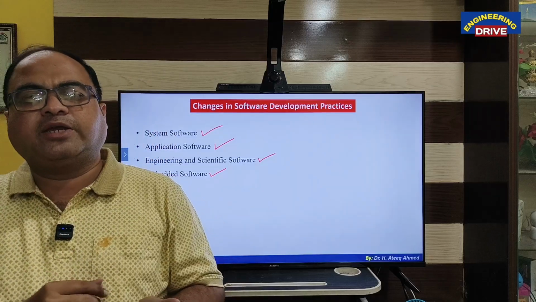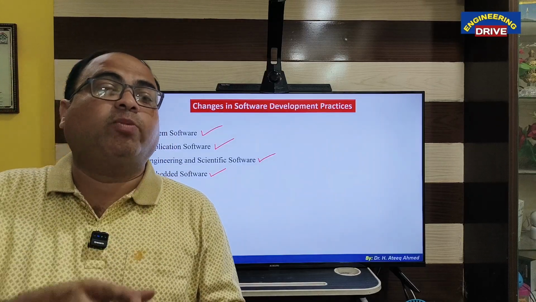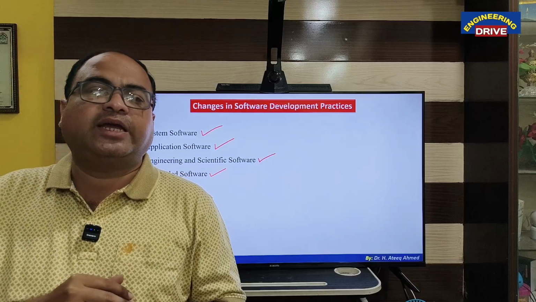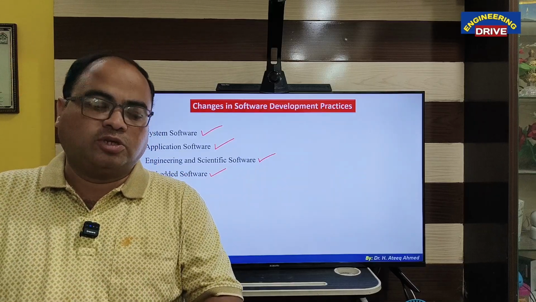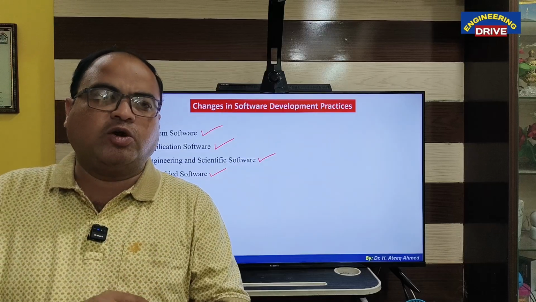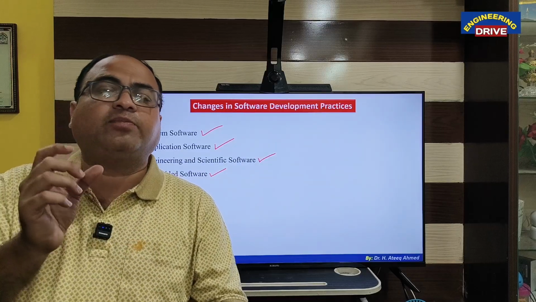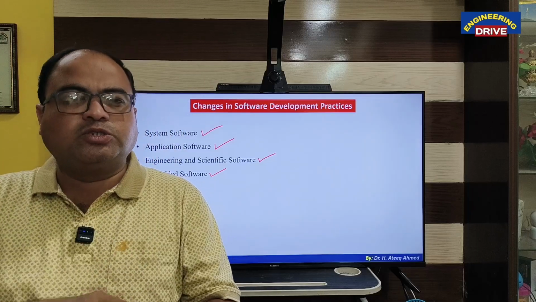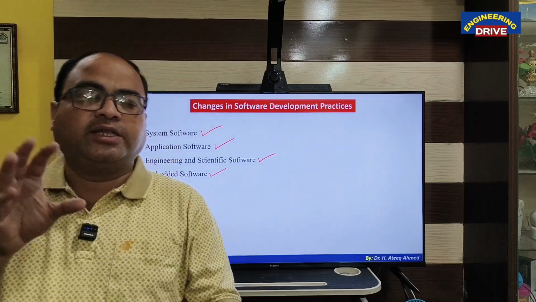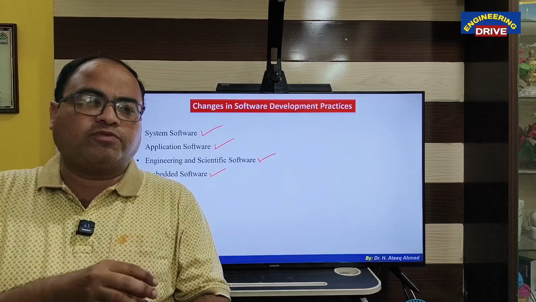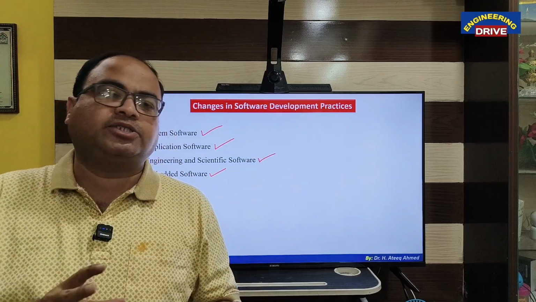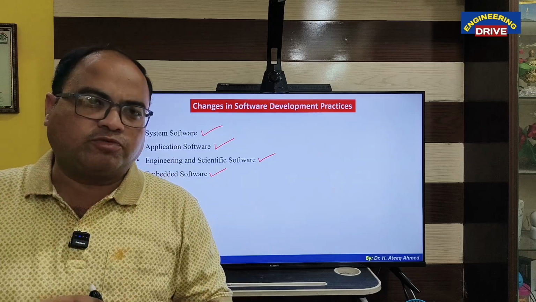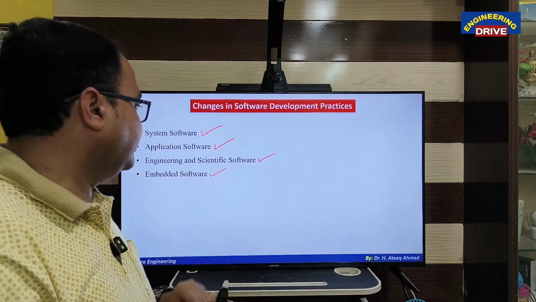One more example I can give is the software used in mobile phones. It comes under the category of embedded software, as does the software used in smartwatches. The smartwatches which we are wearing now also have one type of software available. We can use the word embedded software here. The reason why we use the term embedded software is the compact place: the software has been installed in a compact place, so it is embedded software. So embedded software came into existence.